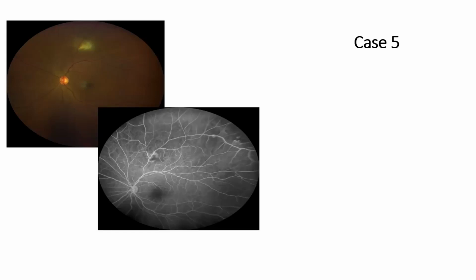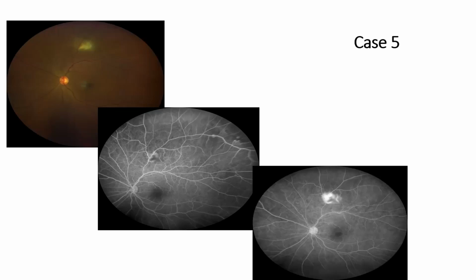This patient was a lactating mother, and she was treated outside as a case of septic retinitis. She also underwent vitreous biopsy and intravitreal antibiotics elsewhere, and the vitreous biopsy showed no growth. She came back because she had persistent floaters in her left eye. The fundus fluorescein angiogram showed an early hyperfluorescence and a late hyperfluorescence.